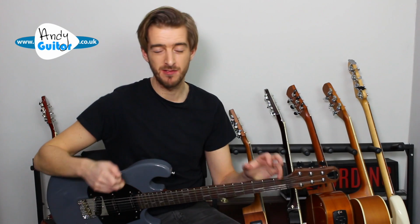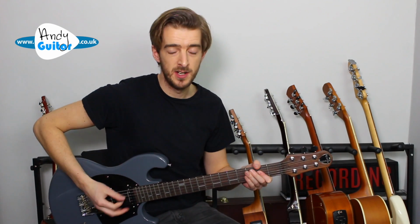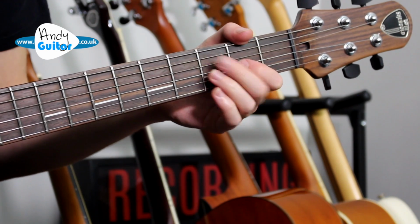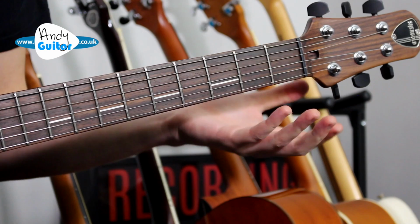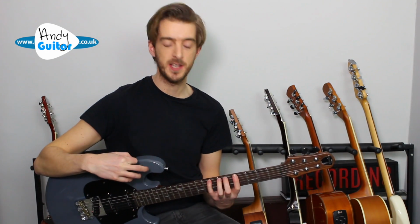That's how to play all the sections of the classic rock in A song. Remember, if you want to improvise over it, because the riff is based on mainly the minor pentatonic scale, and turning some of the notes from that minor pentatonic into chords like the D and the G, then we want to primarily use the minor